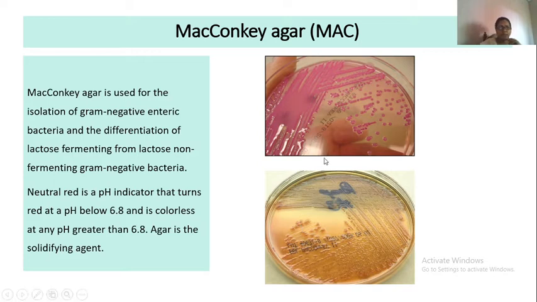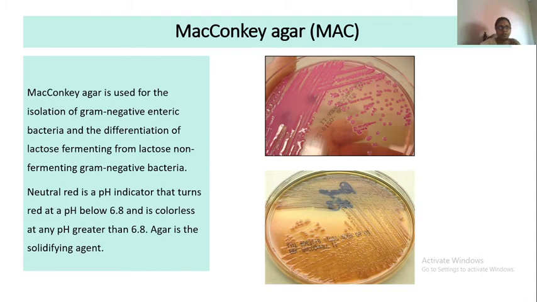I hope you understood this example. So this is how this is a differential medium. Of course, this is a differential medium because this is differentiating bacteria into two groups, lactose fermenting and lactose non-fermenting. Lactose fermenting colonies will get pink color, non-lactose fermenting colonies will get pale color. Why? That I have already explained, because of non-fermentation of lactose here. The acidic pH was not attained, and the neutral red has not changed its color. Here the lactose was fermented, and so the neutral red changes color because of the production of the acid.